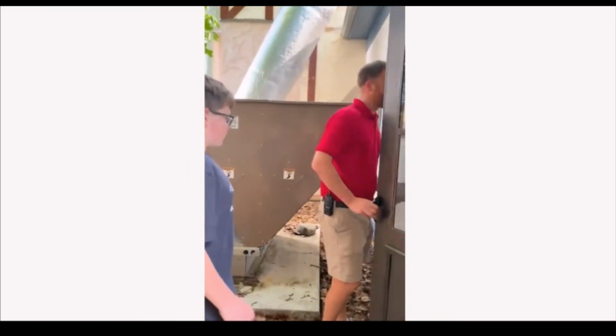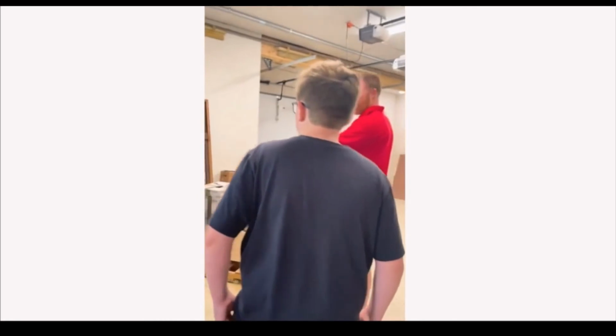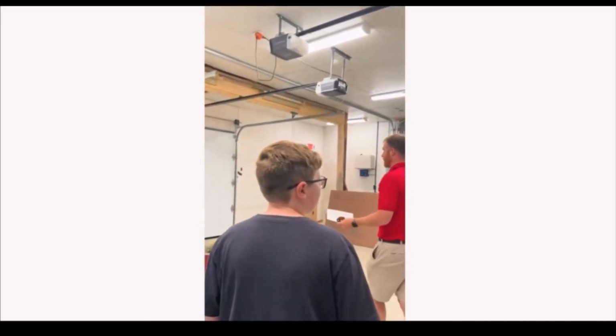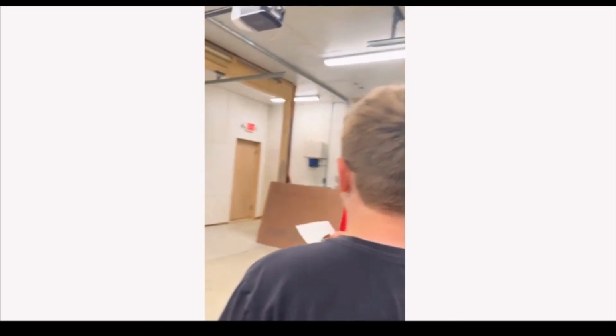Come on in. Alright, this is a makeshift box to kind of force field that hot air. This is what it takes to make all of that air and make everything. That's the main compressor that runs everything. We still got stuff left around, but that garage door on the other side is